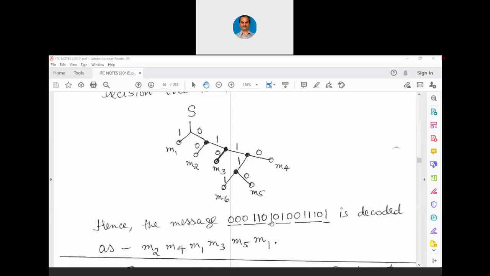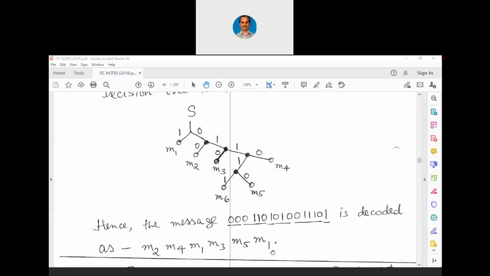Next one, we have only 1. That 1 is M1. Next, we have again 0, 1, 0, which is M3. Then we have 0, 1, 1, 1, 0, which is M5. Lastly, we have 1. That 1 is M1. Now, this message at the receiver is decoded as M2, M4, M1, M3, M5, M1.